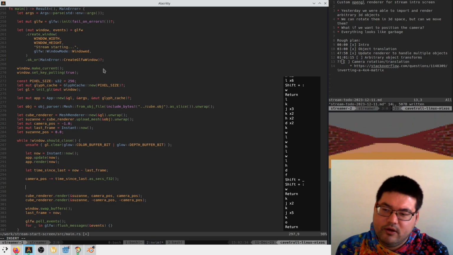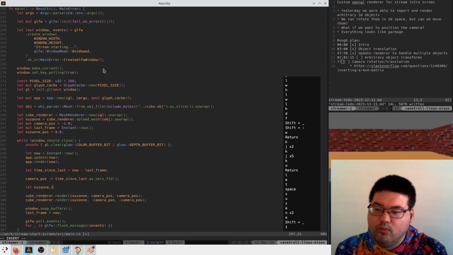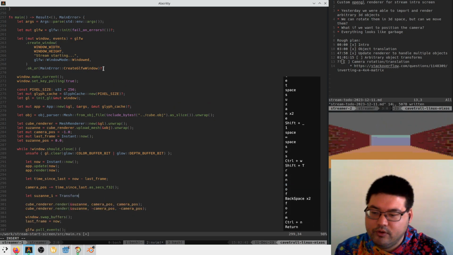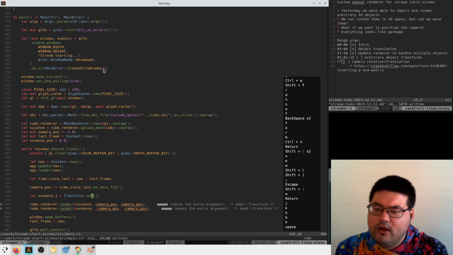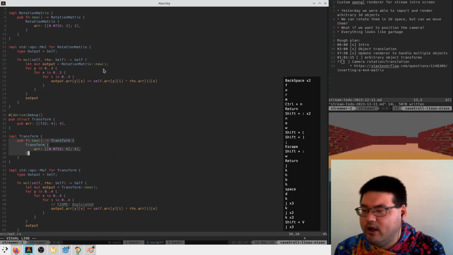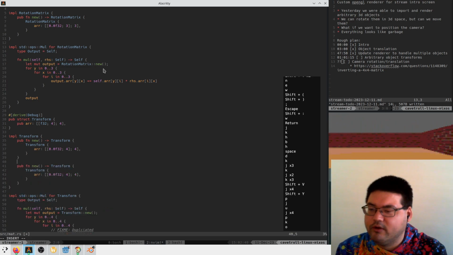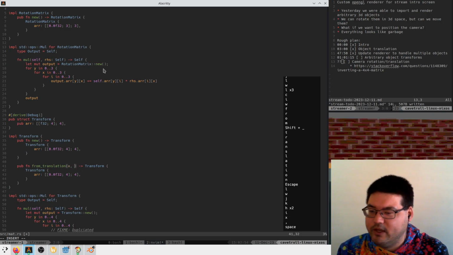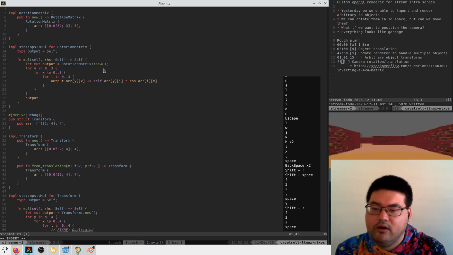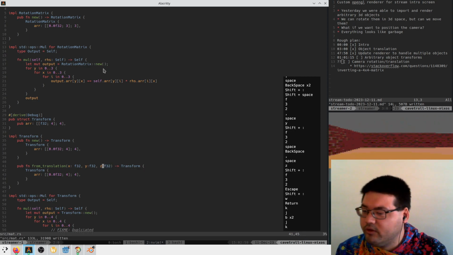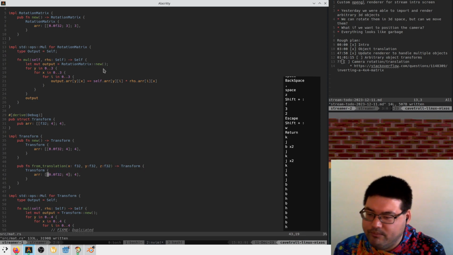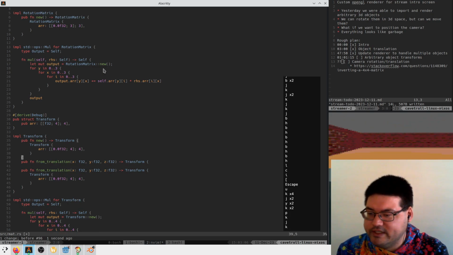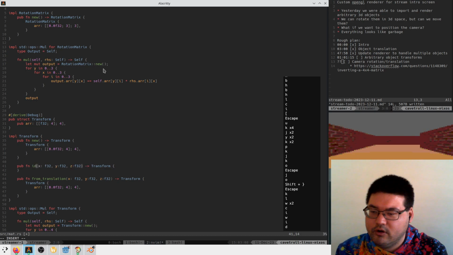So we'll say let Suzanne 1 is equal to a transform new. And maybe we should be able to make these guys from translation, right? Which is going to be an x, y, z, and we'll just punch them in, and we'll just manually construct this array. So maybe we will also have a function to give them an identity, as in no change,